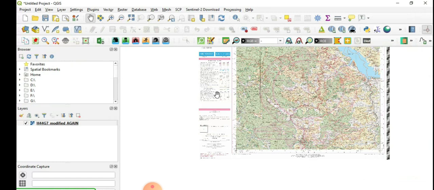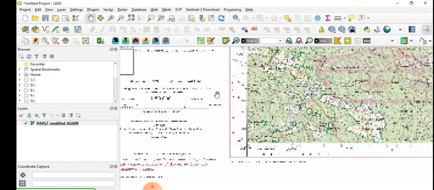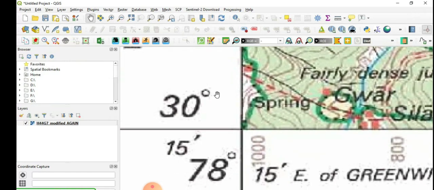And then what you have to do is we will check what are the exact coordinates. Okay, so as soon as I open this, this coordinate capture window has come here.